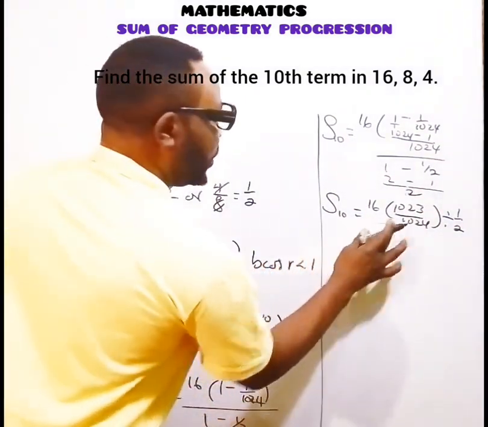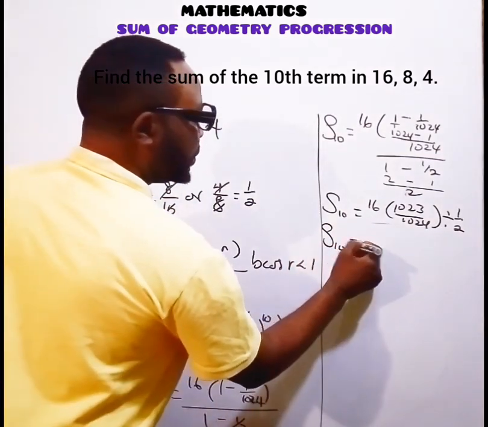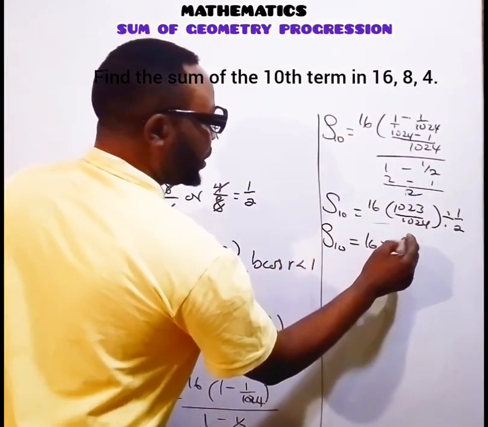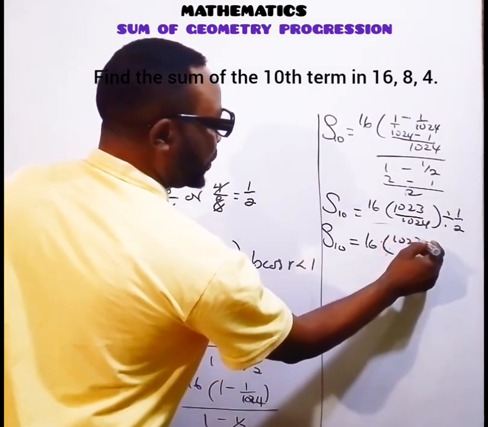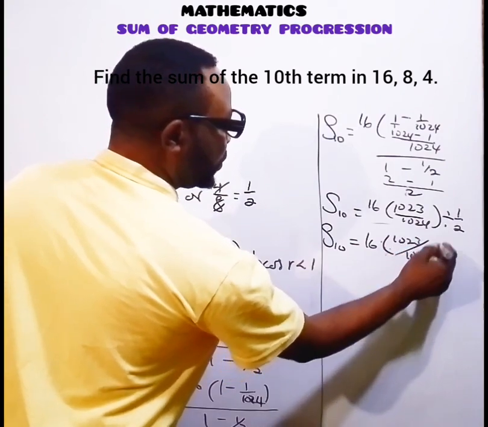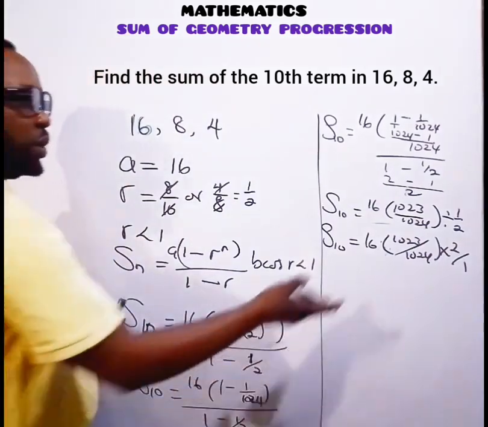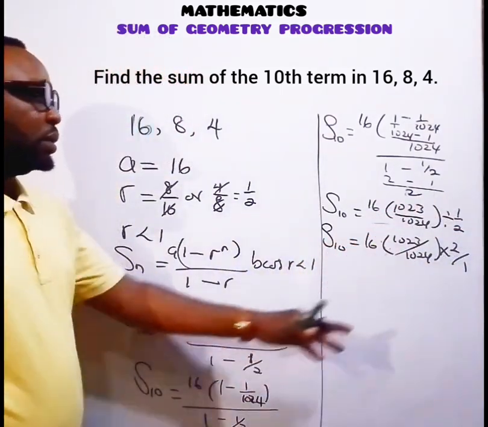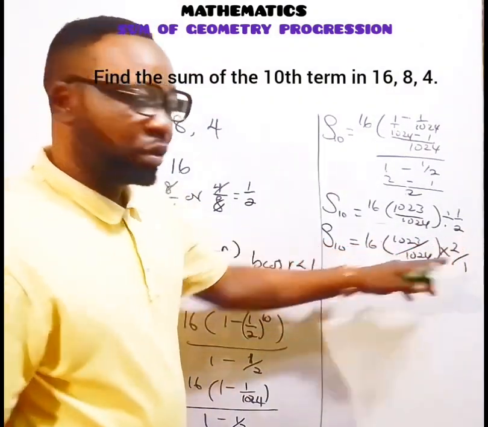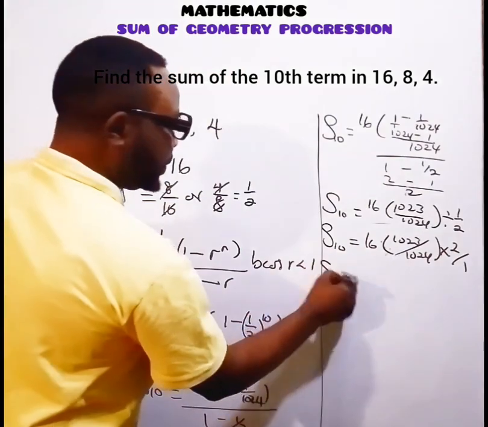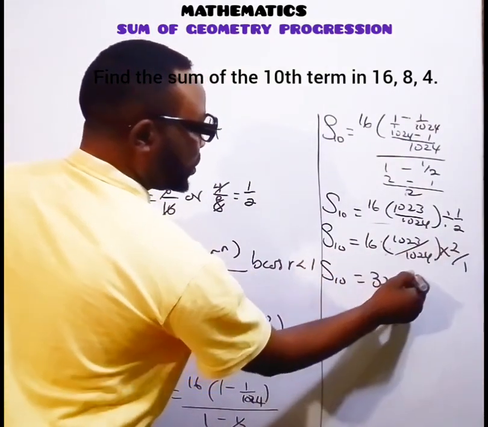Good. Now we move ahead to solve it this way. The sum of the 10 terms will now become 16 multiplied by 16 into bracket 1023 all over 1024 times 2 over 1. You know that when you change this to multiplication, the value at the denominator comes to the numerator, and the numerator goes down to the denominator side. So we have the sum of the 10 terms now equal to 16 times 2, which is 32, into bracket